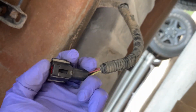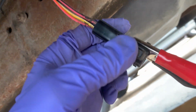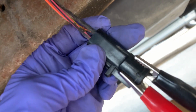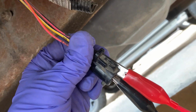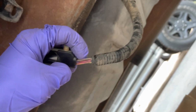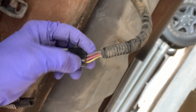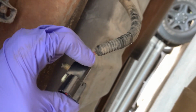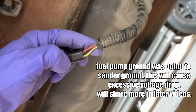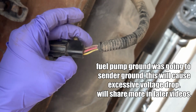One really weird thing I noticed with this: here's the stock connector, and the little tab is up top, and on this one with the tab up, the pink and black wire is directly above the big black wire for the fuel pump, which is kind of weird because one of the smaller fuel level sensor wires is directly below the fuel pump wire on that, so that doesn't make a whole lot of sense. I'm almost wondering if the fuel pump is going to the wrong ground, but anyways,